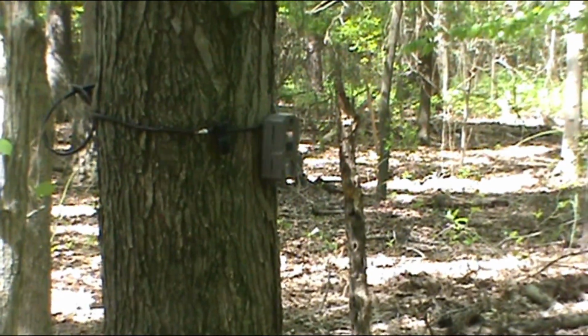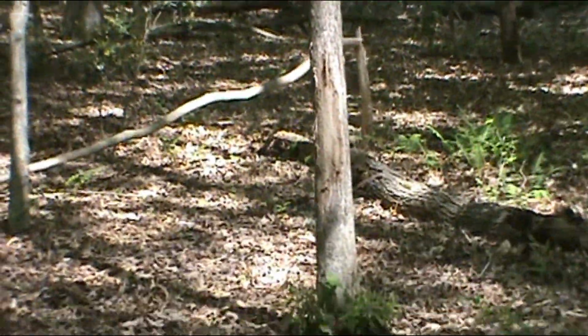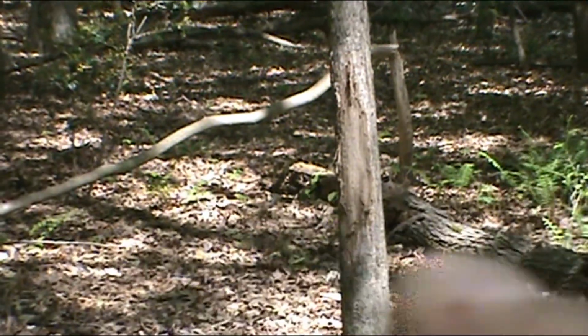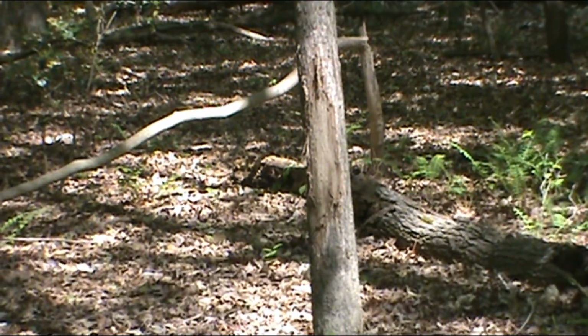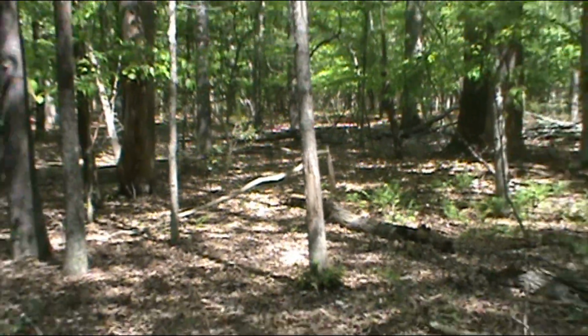Trail camera, and the problem with this is it's set up on a singular sign. The problem with this thing is he's set up on this really good rub, which is probably 2 years old. This rub right here is about as big as my leg. Really close to the field, which is fine. But the problem is